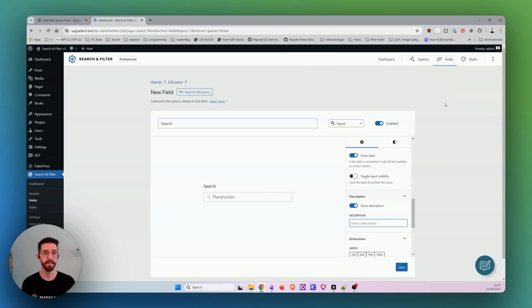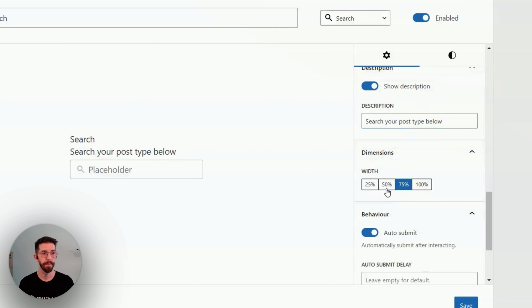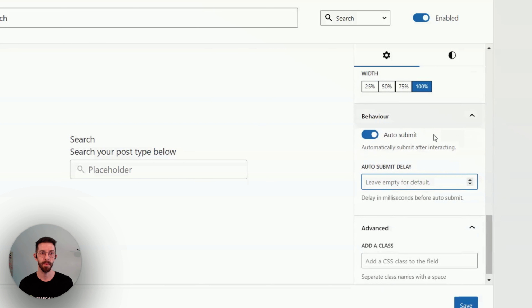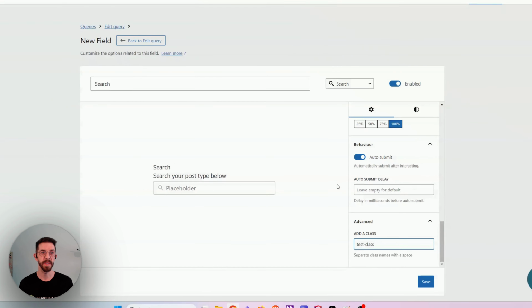We also have a description field if you want to add a little description. And then we have the ability to change the width. And then we can enable on a field by field basis if we want to enable auto submit. That's when you start typing and then the search form reloads when you stop typing or when you've made your choice in the search form. So we can enable or disable that here. And we can actually choose a delay in case you want to be a bit faster or a bit slower. We're going to leave it as default again. You can also add a class to the field